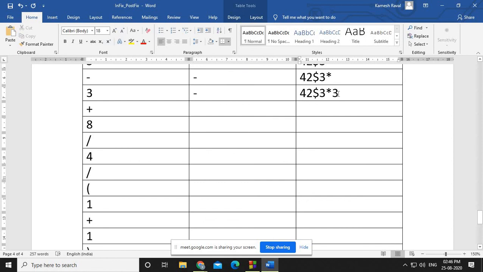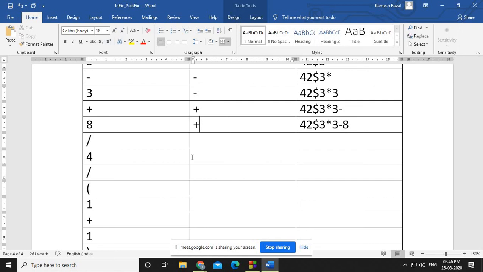So here this minus comes out from the stack. Once you have popped this out, your stack is empty, and in the empty stack you need to push this plus. Then what you have is 8. Obviously it is an operand, and if it is an operand, we need to insert it into the postfix.